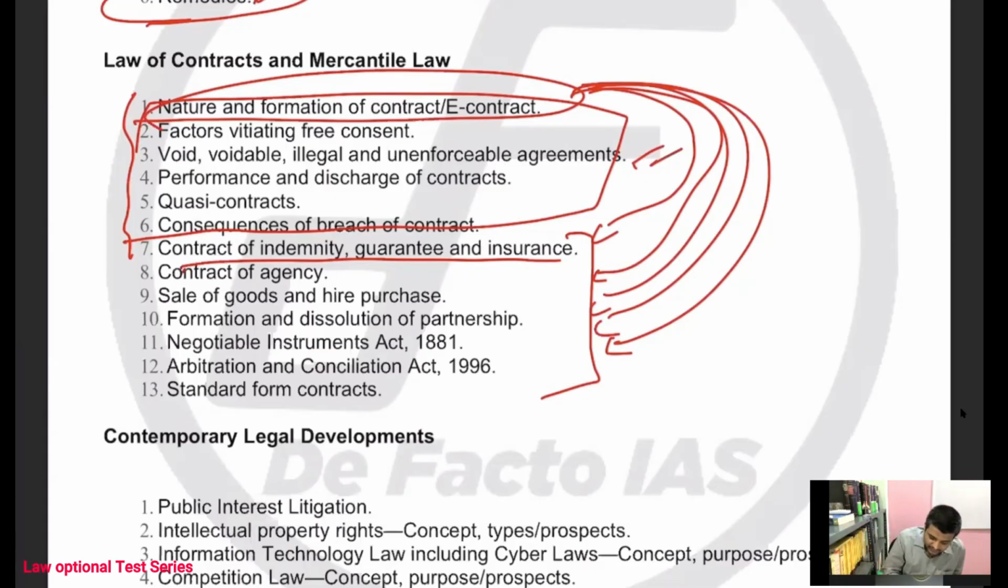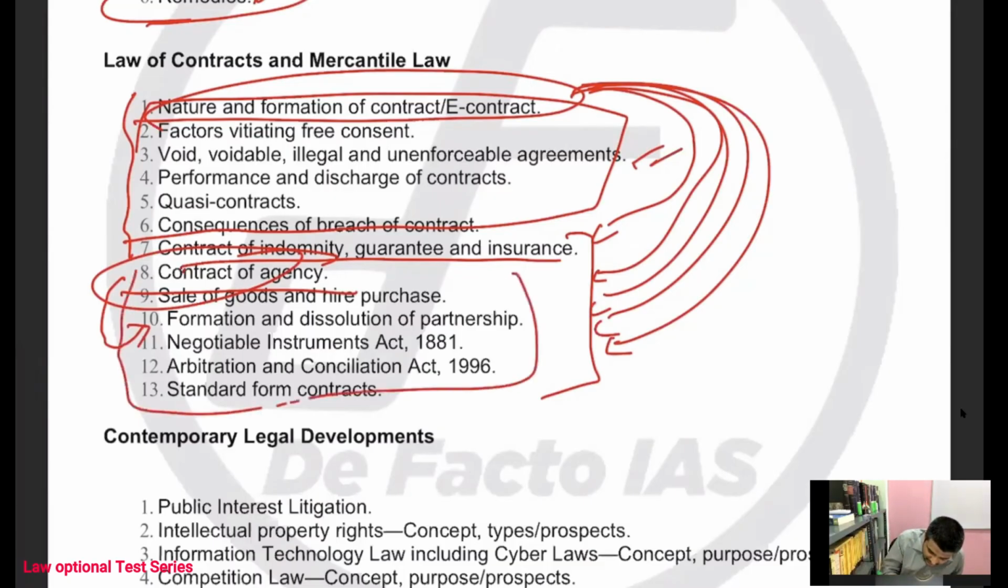Similarly, contract of agency. Now this contract of agency can be connected with basically what? Formation of partnership. The partners are agents of each other. So partnership is nothing but one specialized form of agency. One partner is always agent of another. So what you have to do is study the basics of the contract act and focus more on these specialized forms of contract rather than only focusing